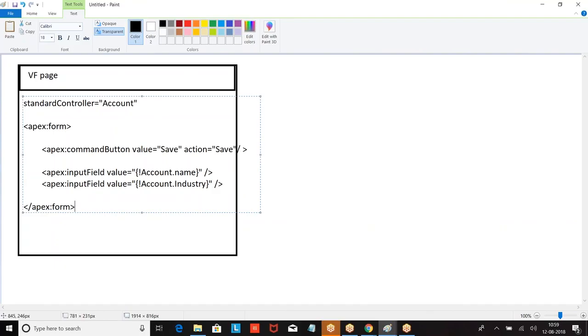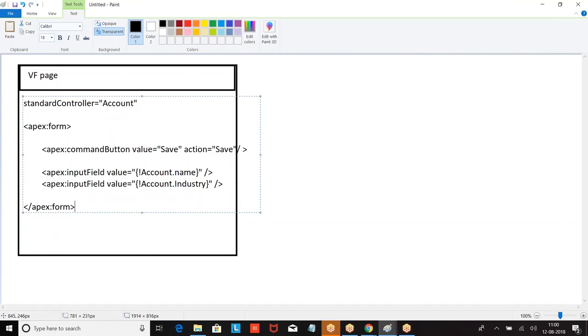Similarly, in the Lightning also I want to perform the same. I don't want to interact with the server. Without interacting with the Apex class, I want to save the record. Now in the VF page, how is the record getting saved without interacting with the Apex class? In the same way, I want to save the record without interacting with the Apex class in the Lightning.